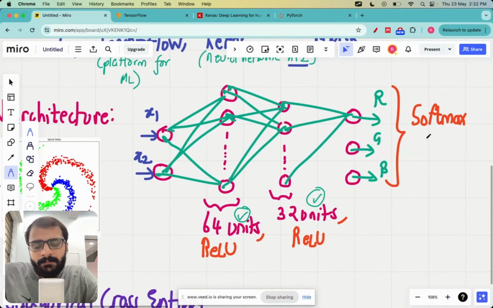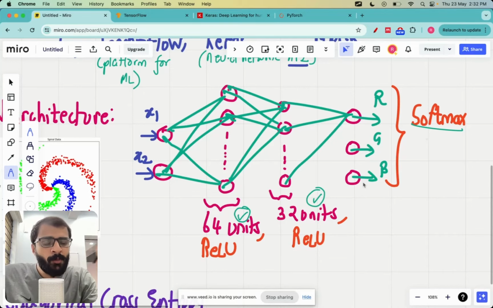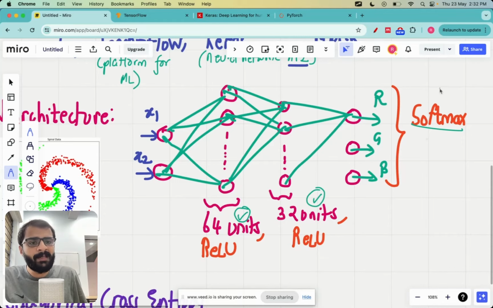So we have already covered a lecture on activation functions. So remember that for classification tasks, the output layer has to have a softmax activation. So this is fixed because there are not too many options. So if the input belongs to the red class, the first neuron will have the highest probability. Second and third will have low probabilities, or they will not fire. We only want the first neuron to fire if the input is red. So the output neuron should essentially represent probabilities,